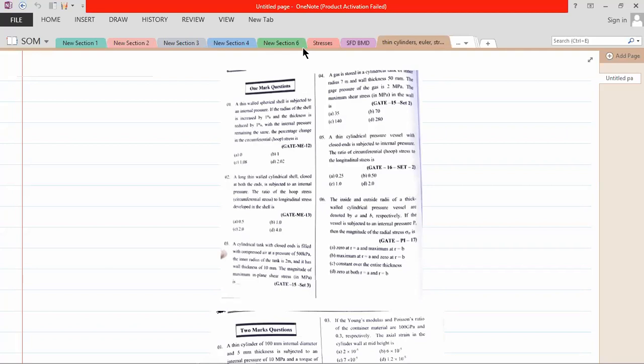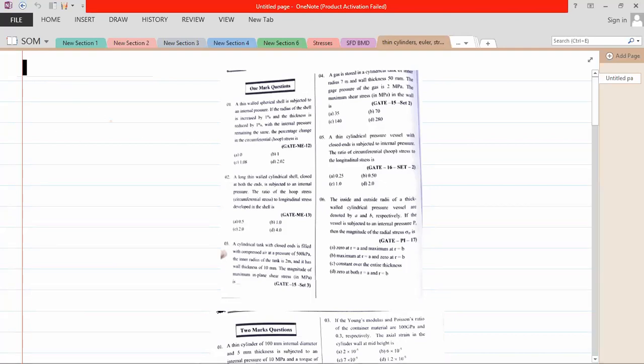I'm waiting, please. If you understand, then write clear, sir. Okay, but I'm waiting for your reply, because if I move to the questions, it will be difficult for me. Yes, someone responded. Let's see. Okay, we are going towards the questions for the thin cylinder, because we haven't done the questions for thin cylinders. And I think most of the things have been covered.